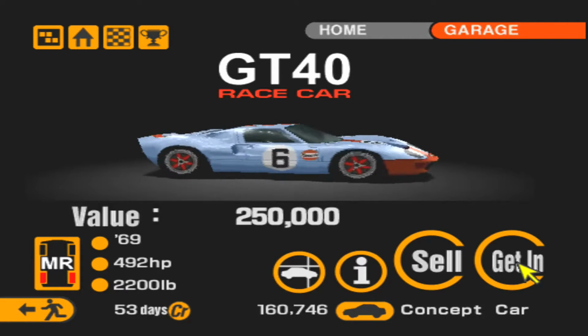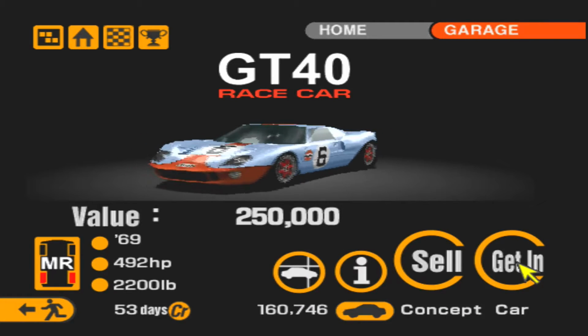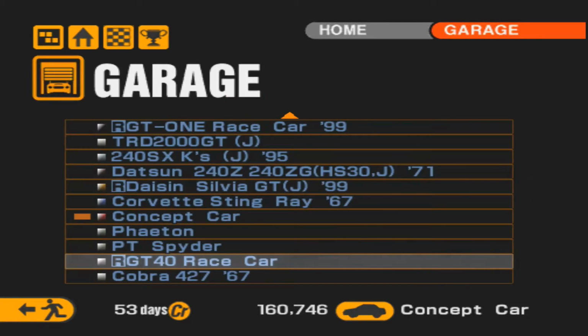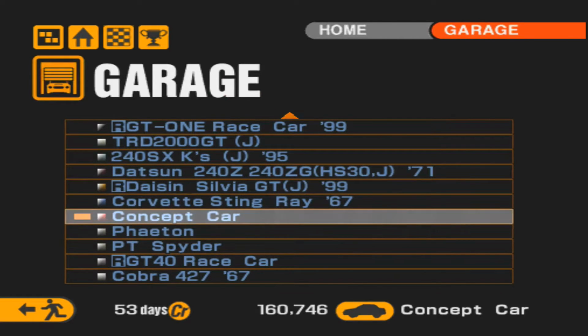This is Sky Hurricane 89, and in the last part we did the Mid-Engine Rear-Wheel Drive Championship, and we ended up winning this GT40 along with two other cool cars, one of which we ended up selling because I don't think we'll really be able to use it for much. You know, when you do have limited garage space. But we're going to get into our